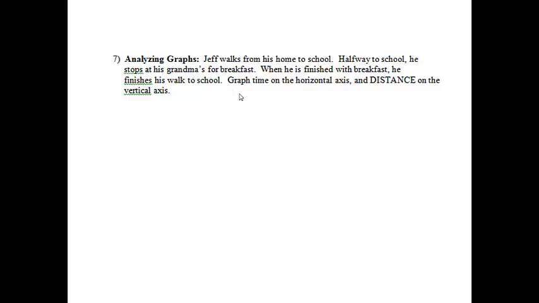Okay, 7, analyzing graphs. Jeff walks from his home to school. Halfway to school, he stops at his grandma's for breakfast. When he is finished with breakfast, he finishes his walk to school. Graph time on the horizontal axis and distance on the vertical axis. So we want to be very careful on this one that we calculate distance. So we're going to do time on the horizontal axis, and we're going to put distance